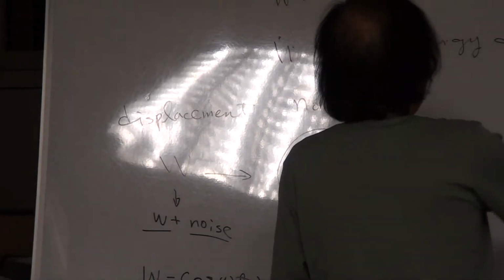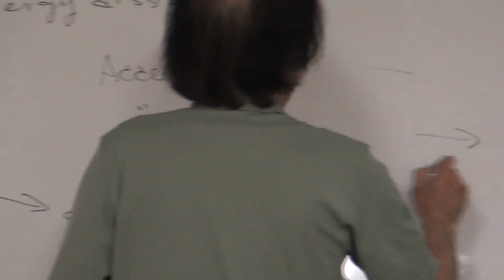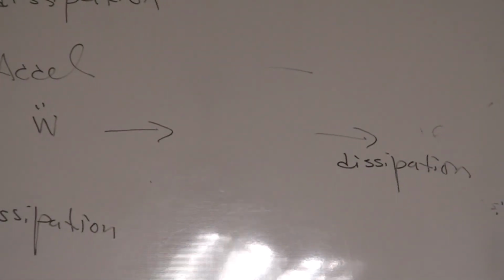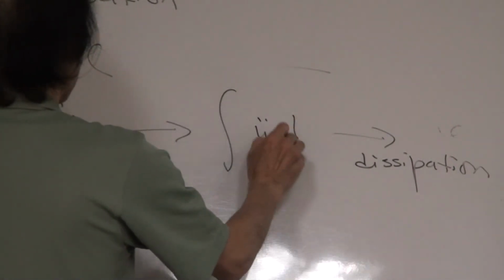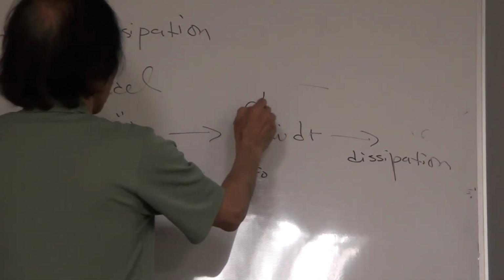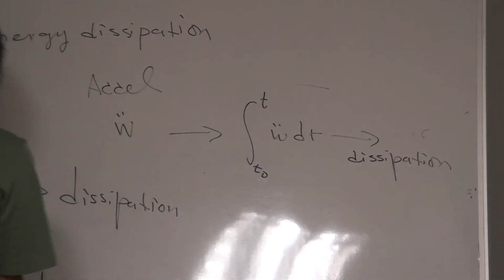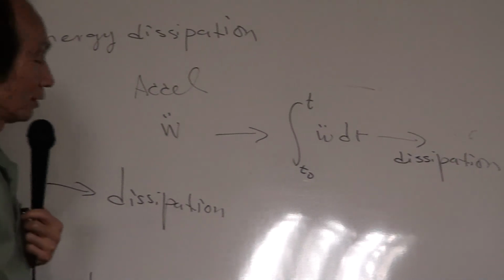Now, if I have the accelerometer only, then what can I do so that I can have energy dissipation? So I say integrate. Now, do I have any